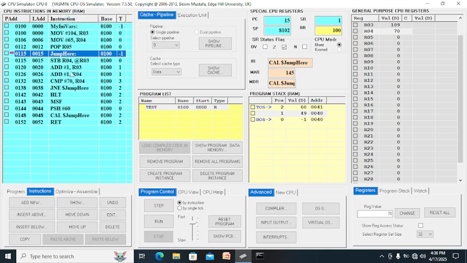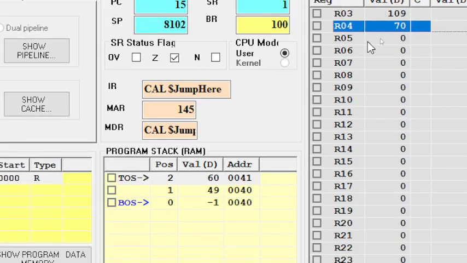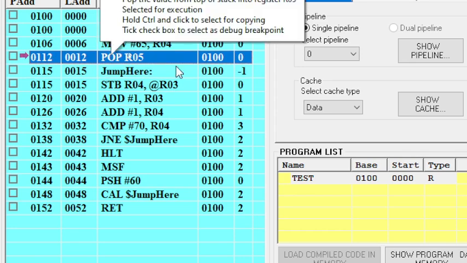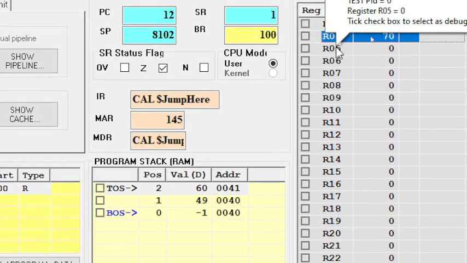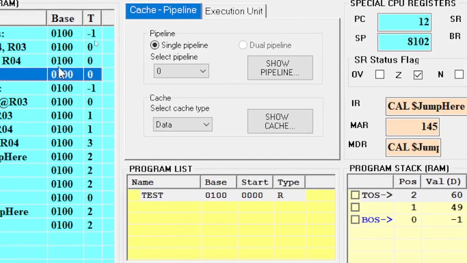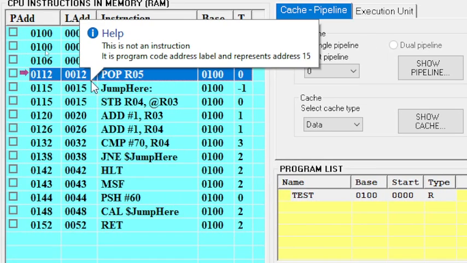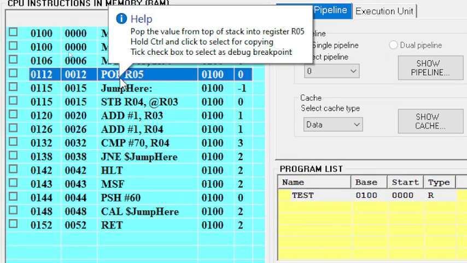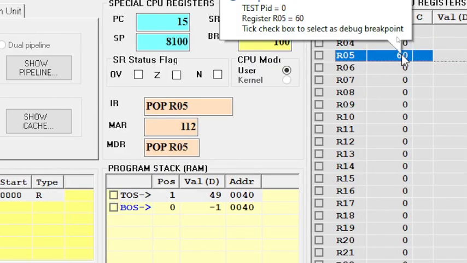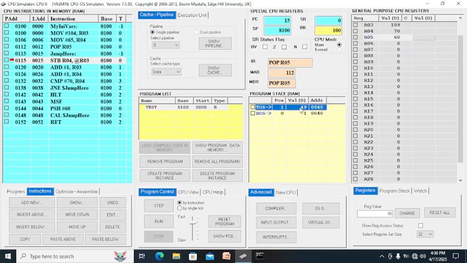Okay, as you can see here, once we put 60, take a look at the R05 here. Once we double click this, you will see this R05 will become 60. Okay, let's try it. Pop R05, double click, and you can see R05 is 60 and it's gone here.